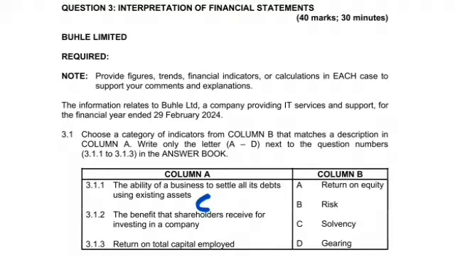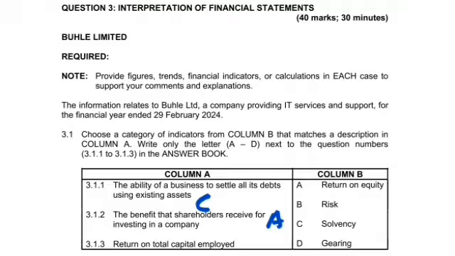3.1.2 says the benefit that shareholders receive for investing in a company. So what are my investors getting in return? So that would be the return area of interpretation. So in column B, it says return on equity. So anytime we are talking about shareholders benefiting or investors benefiting, that is return. And then